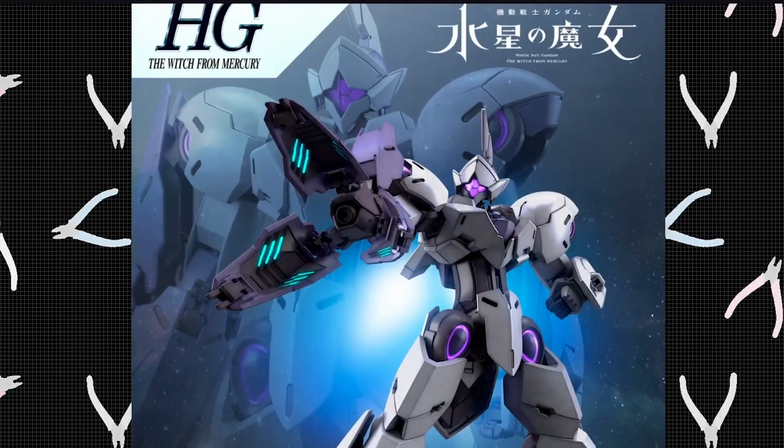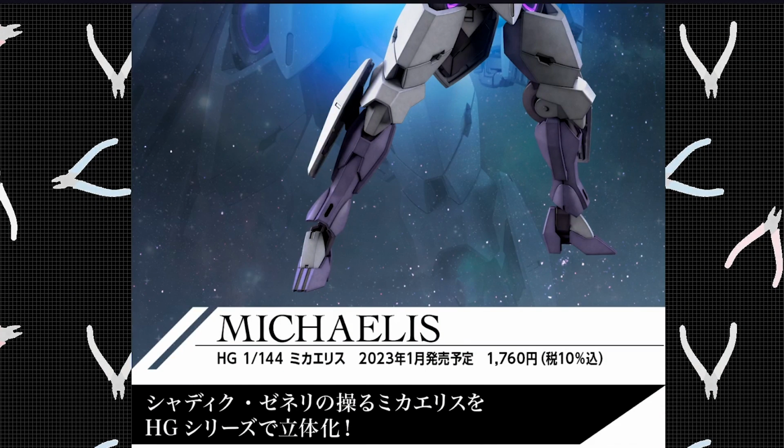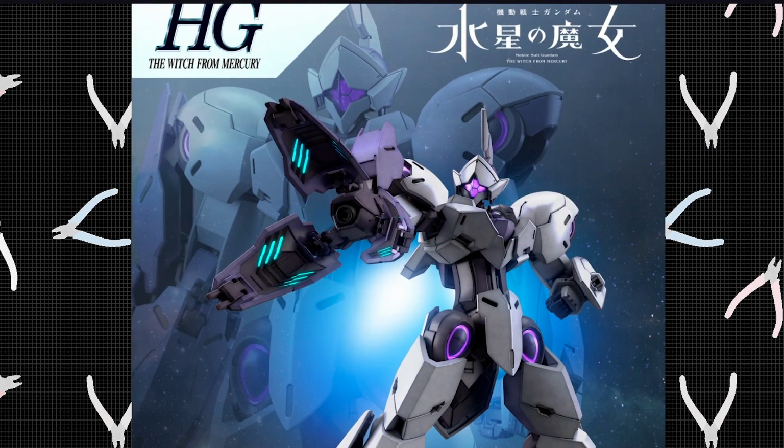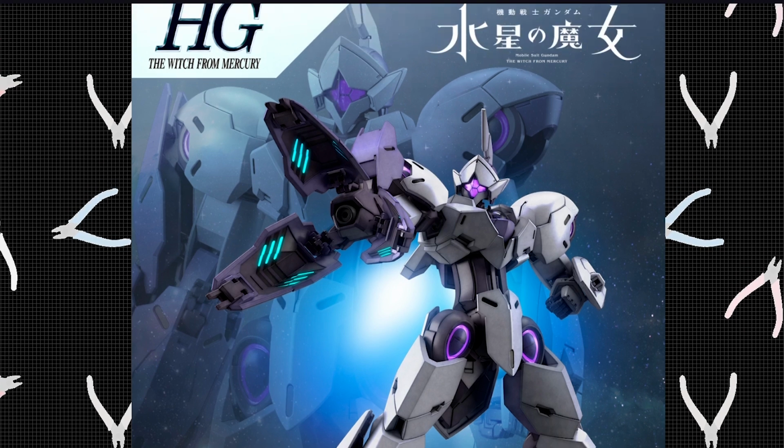Okay, High Grade Michaelis. We've been looking forward to this. It's going to be a January 2023 release as expected. It's getting closer and closer to my leaving time, but I believe I'm going to be able to review this. It isn't a matter of whether I want to review these anymore. The Full Mechanics Gundam Aerial may not be, because I don't really want something too big to